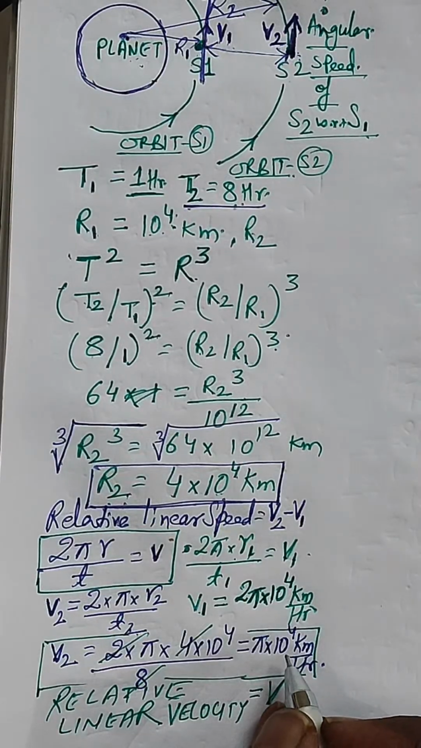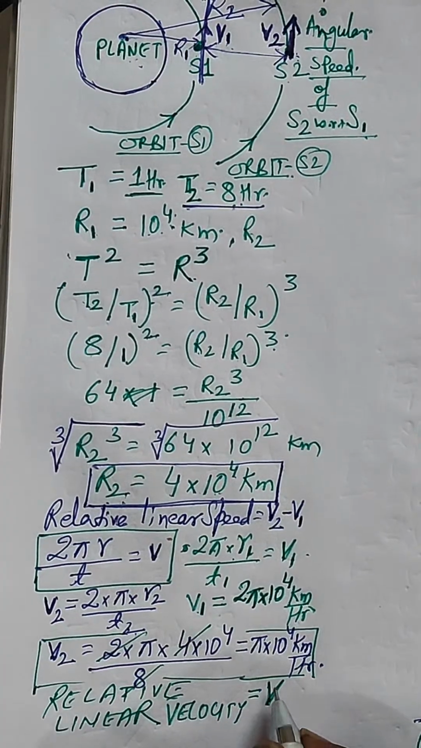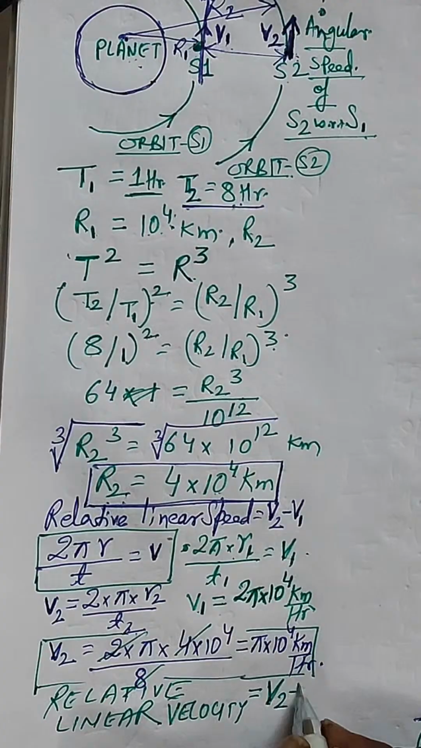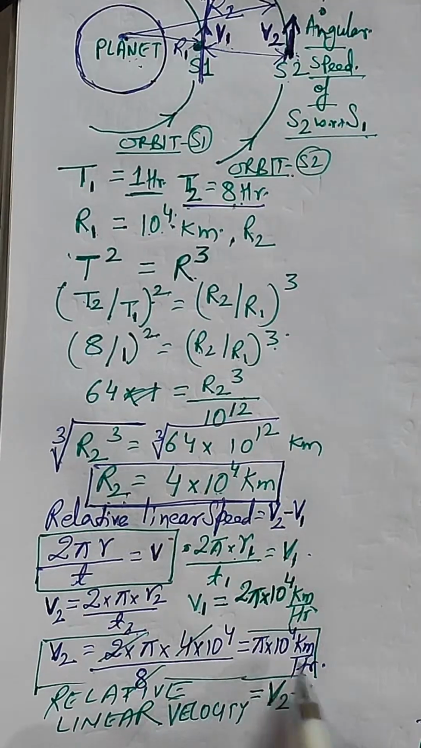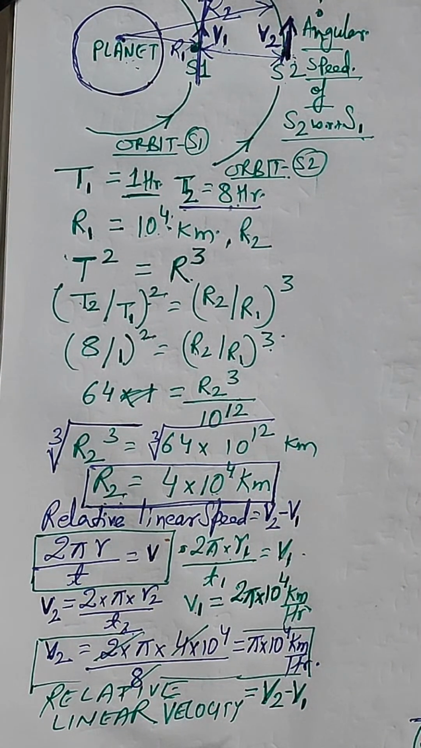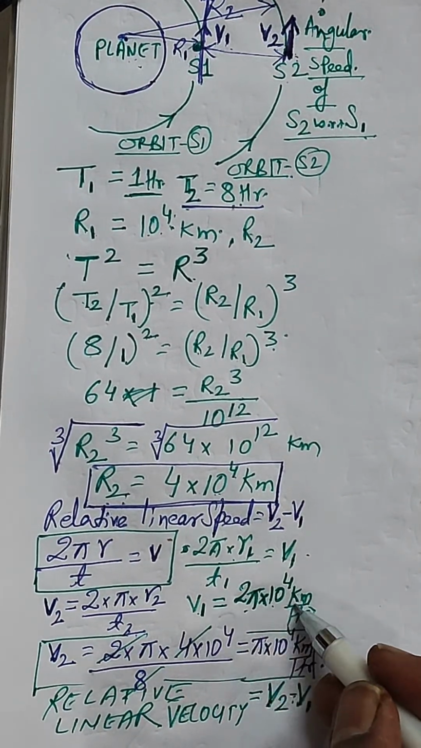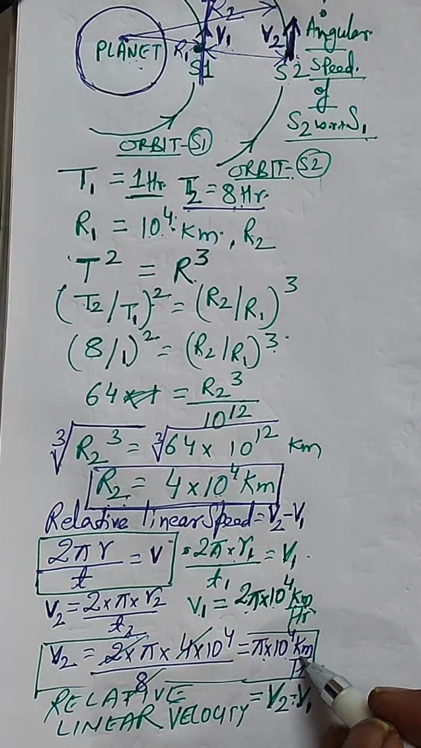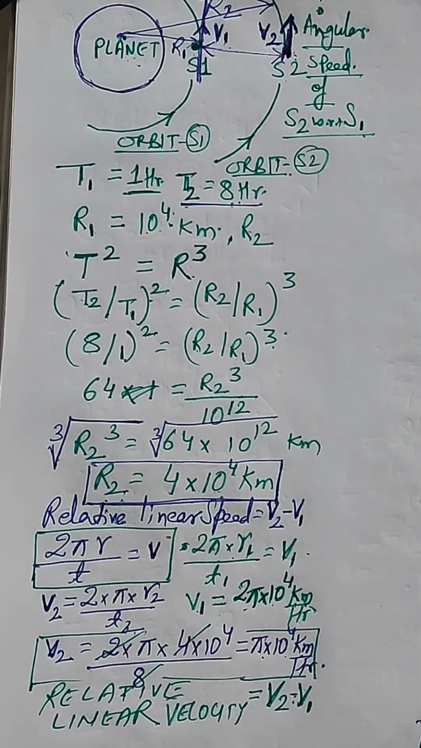v1 minus v2 or v2 minus v1, right? So this will be coming as v2 minus v1. The net relative velocity will be 2 pi into 10 to the power 4 minus pi into 10 to the power 4. So this will be giving you the relative linear velocity as